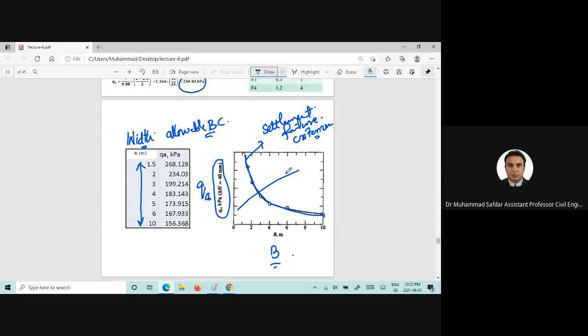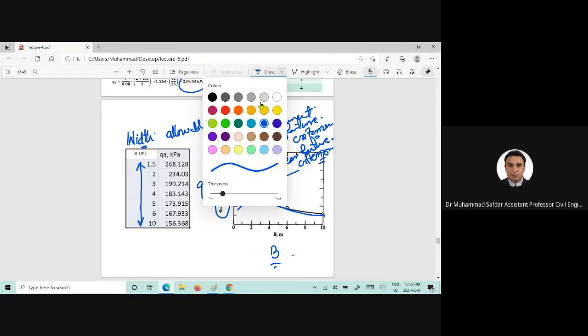And this line or the curve will be based upon the shear failure criterion. Definitely, based upon the shear failure criterion, you can see that this bearing capacity is increasing. But in case of the settlement criteria,